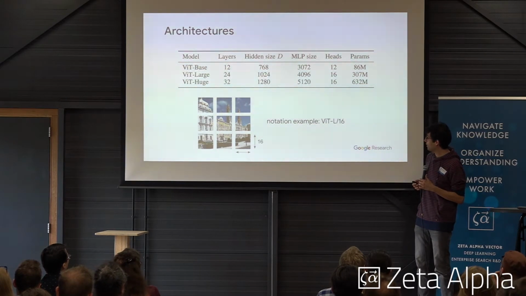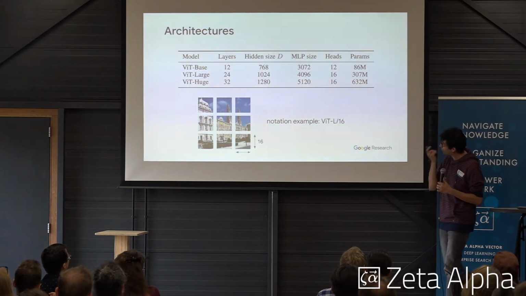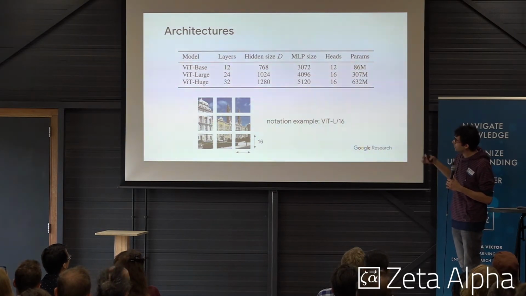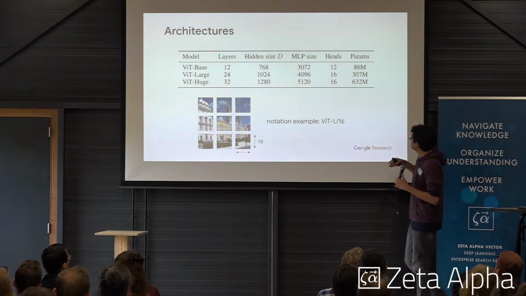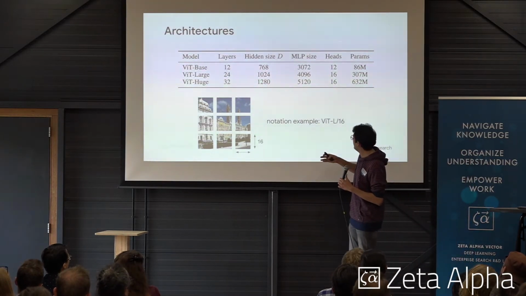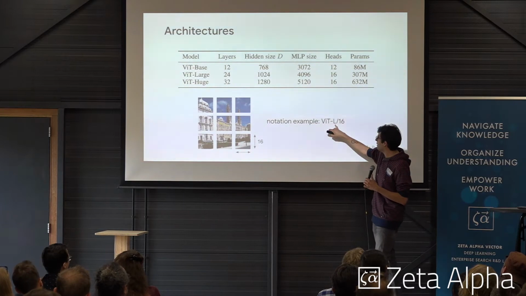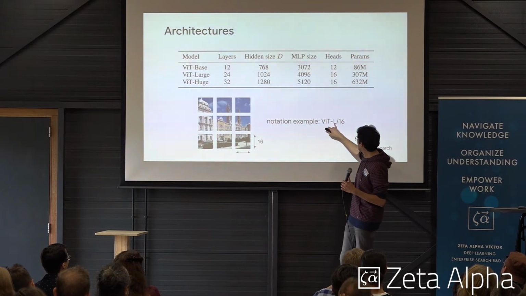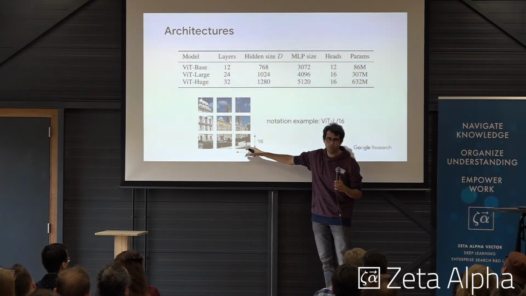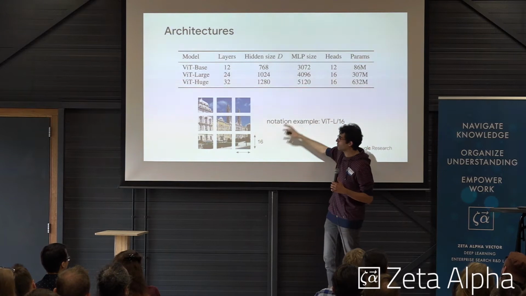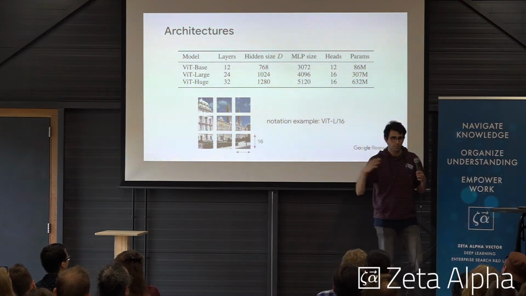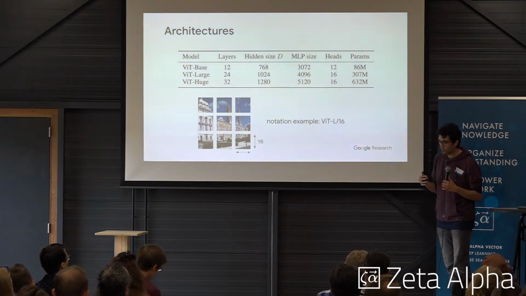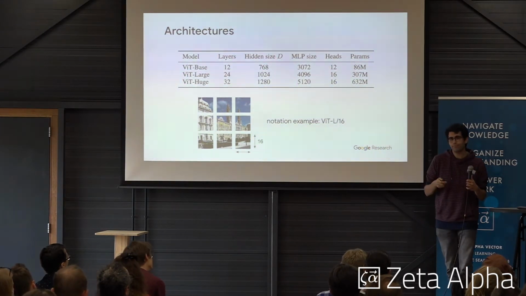This is from the original paper, so it's a bit out of date. We had different sizes of the model. When we talk about the width, L means large, or base, or huge, and the /16 means that this is the size of the model and this is the size of the patch. So you can have the same number of parameters, but operating on bigger patches or smaller patches. And then we realized that for the dataset we are working on, 16 by 16 is pretty good.